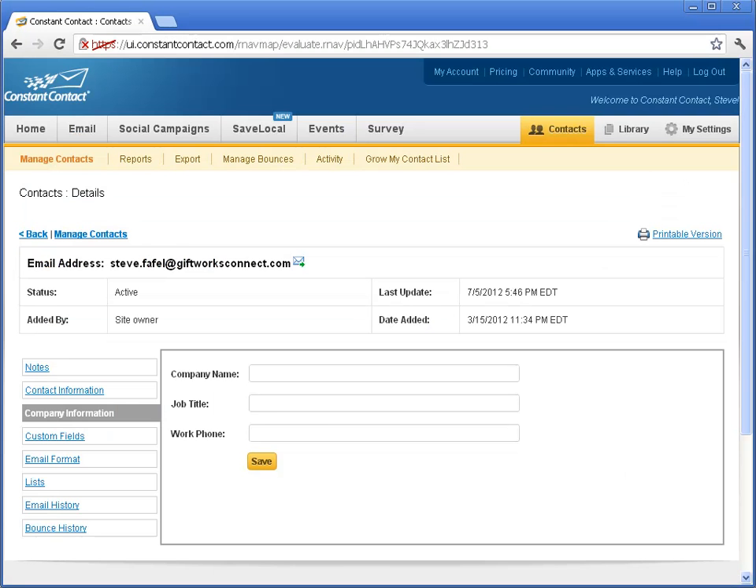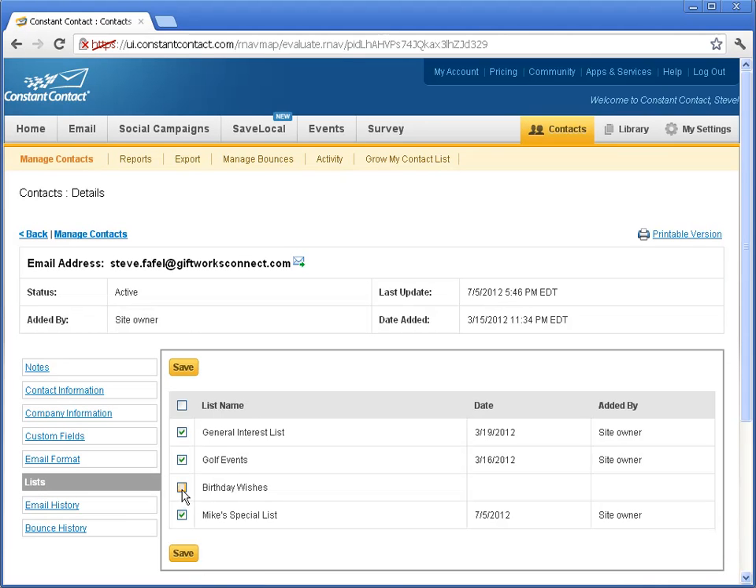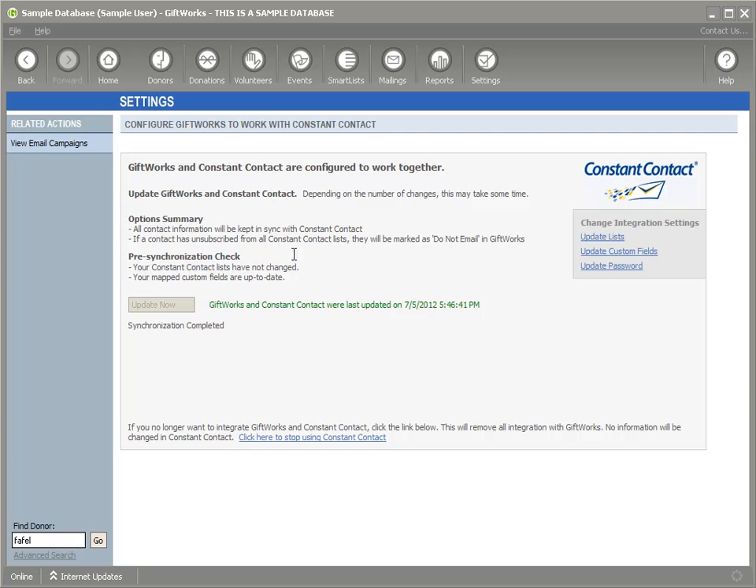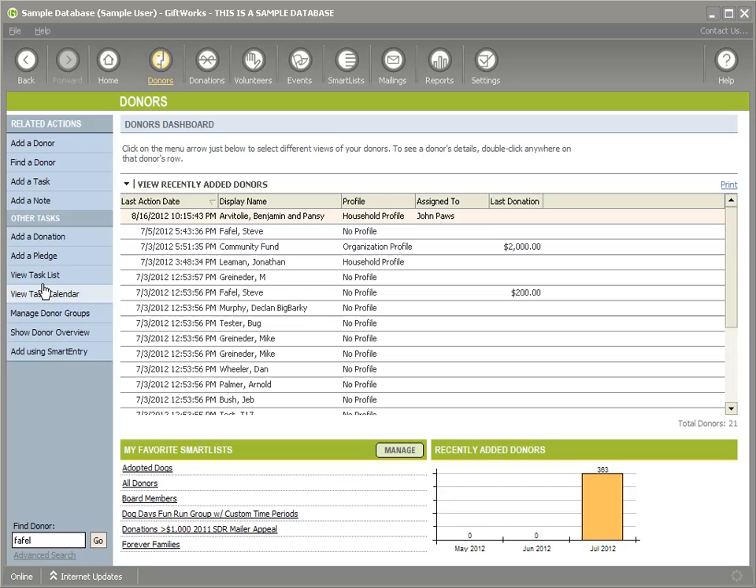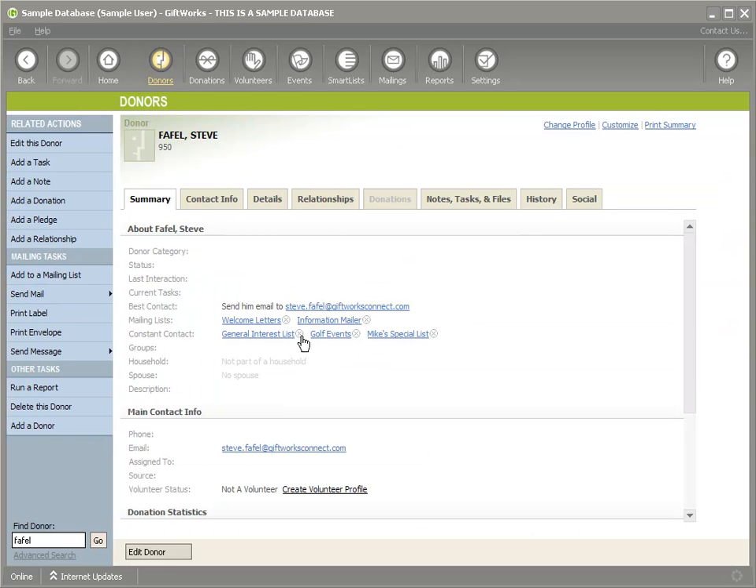So if I click over here and I go down to lists, now I see Steve has been removed from the birthday wishes and added to Mike's special list. So we see how information can be changed in terms of the list in the subscribership that your donors have in different lists, and how you can manage their subscriptions to different lists right from GiftWorks. If I go back, and now I also, let me just modify Steve again, and I add him